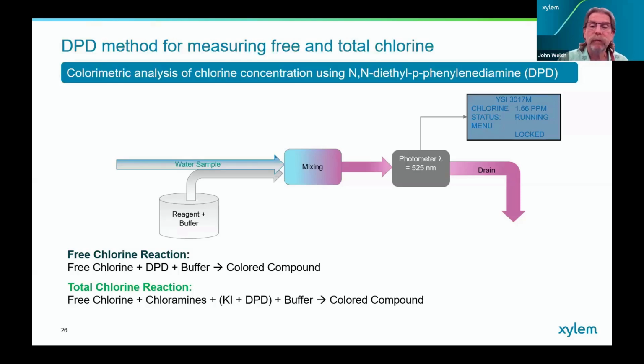The absorption of light is also proportional to the color change and is translated into chlorine concentration through the calibration of the analyzer. The choice of measuring either free or total chlorine is made by the selection of the reagent. For free chlorine, DPD reacts with chlorine. For total chlorine, potassium iodide is added to the buffer. Potassium iodide is oxidized to iodine by the chloramines, and it is iodine that reacts with DPD to produce the